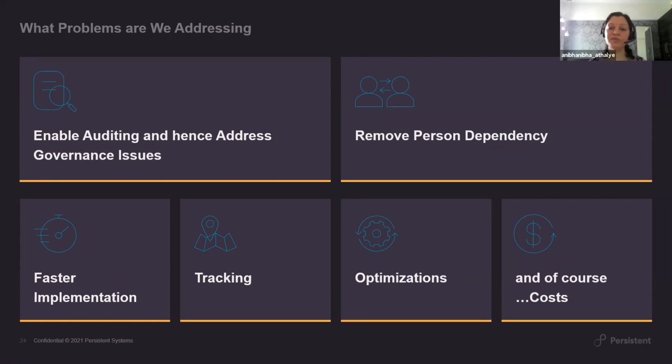We saw it removes person dependencies. It tracks as you conduct the experimentation using your Jupyter notebooks. And most of the tracking tools, including MLflow, are very extensible, in the sense that it's not necessary for you to just use sklearn. They have multiple modules, including deployment to Amazon SageMaker, and also H2O specific modules. All of it can be used in whichever environment you are using to start tracking your results into the MLflow tracking server. It allows for faster implementation.